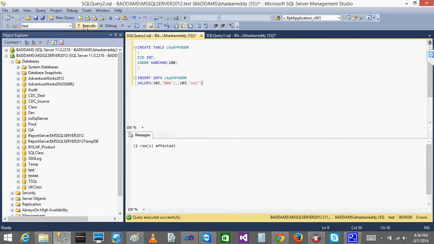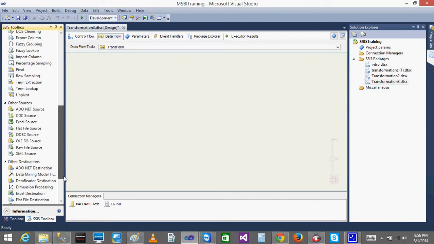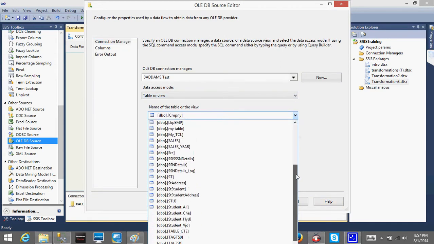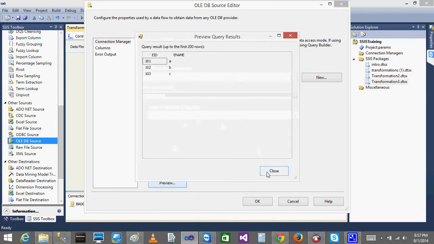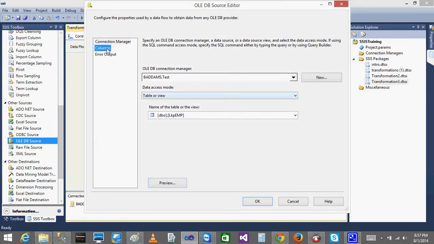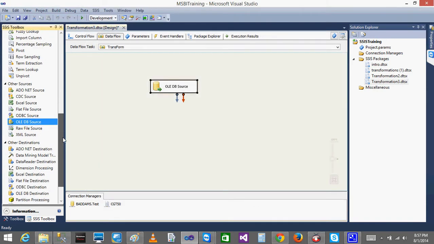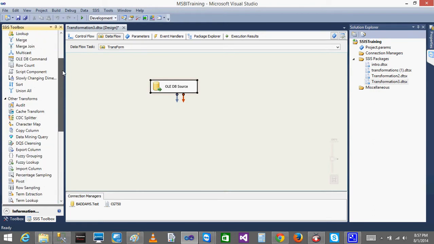Now the records are inserted into the EMP address. So we'll go now. I'll go to the OLEDB source, drag and drop, connect to the EMP test, and the table name is LKP EMP. When I preview, you can see all the 3 records, 101, 102, 103, and I want to get that EMP address, right? The EMP address is in another table. So first I'll join the lookup.